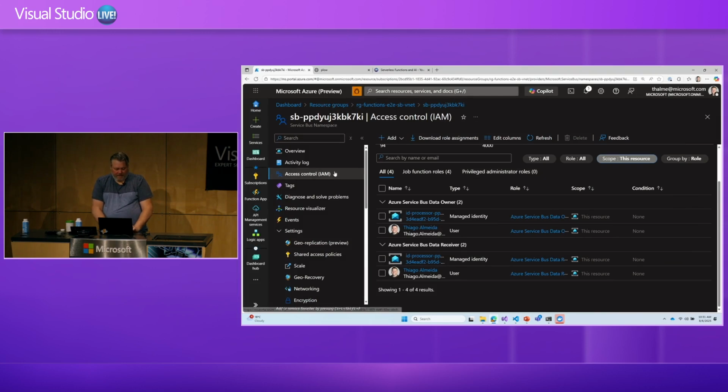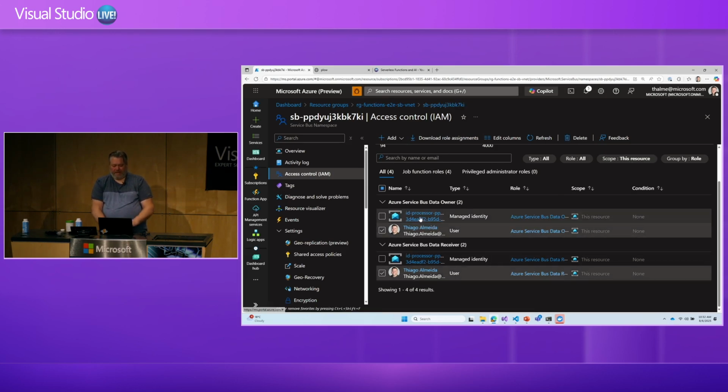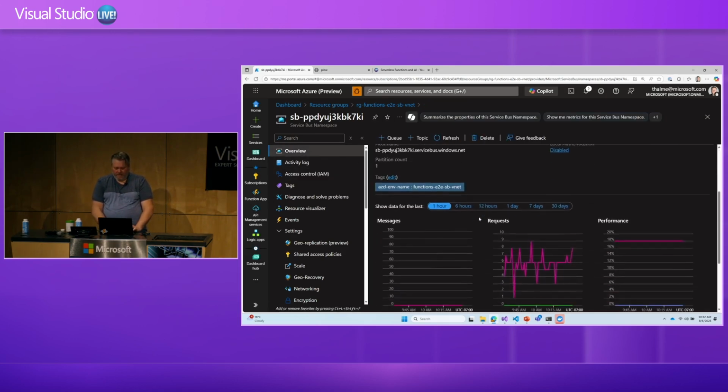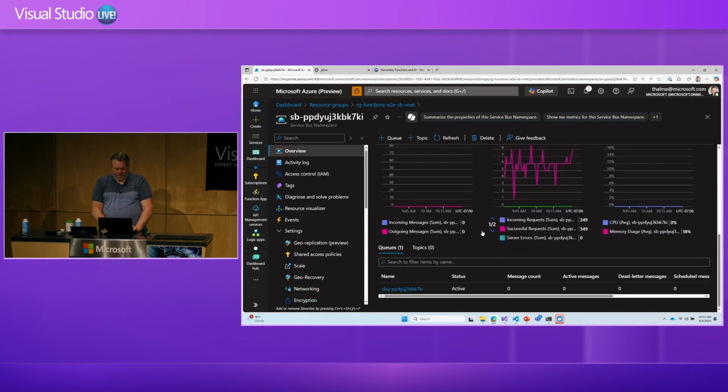And then, of course, if my function app is processing from there, it also will run as the identity of the function app. So I can easily just delete these two, and I won't be able to then connect locally to my Service Bus. One thing I said I was going to do before regarding concurrency for Service Bus, maybe we can do that now.